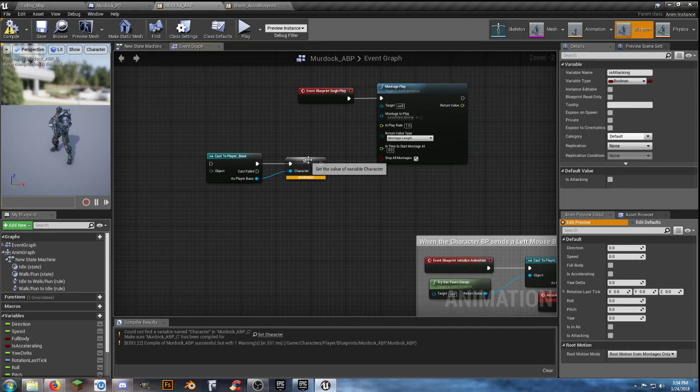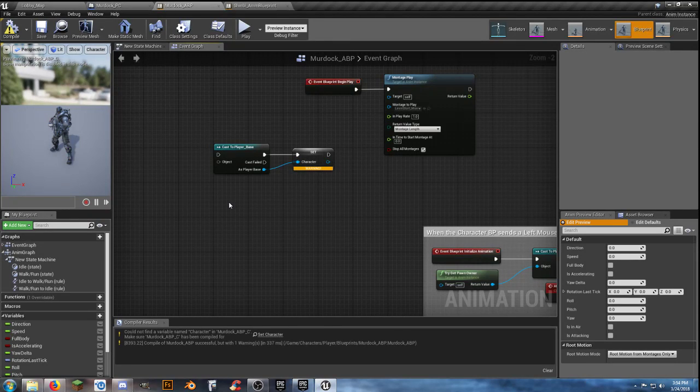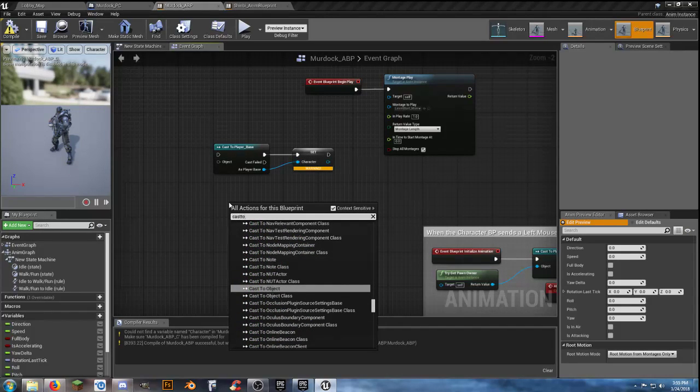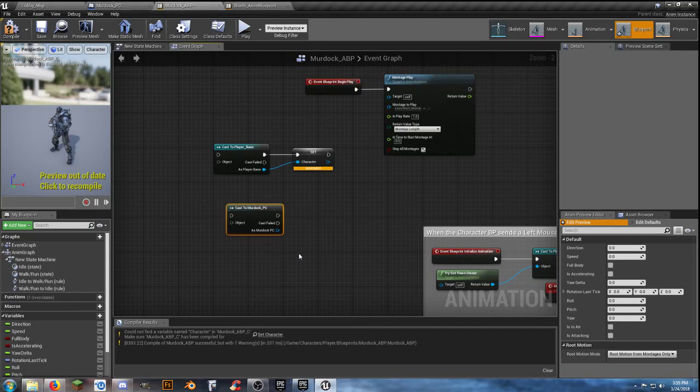this one right here. And this one we're going to do differently. Where you see cast to player base, this one's going to give you an error. That's no problem, because this doesn't really need to be here until we do this. Right click, and we need to cast to, and I'm not putting any spaces in, Murdoch PC. So we want to cast to the Murdoch player character,